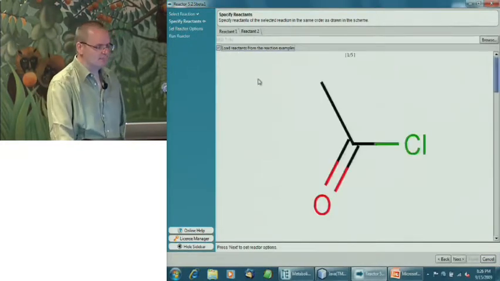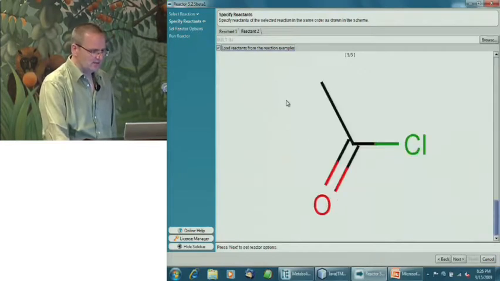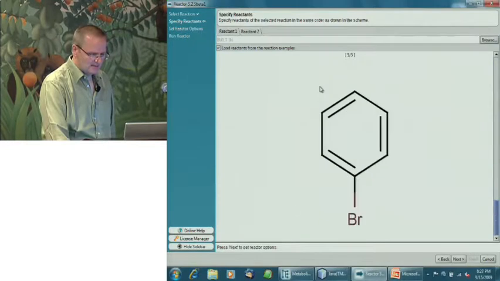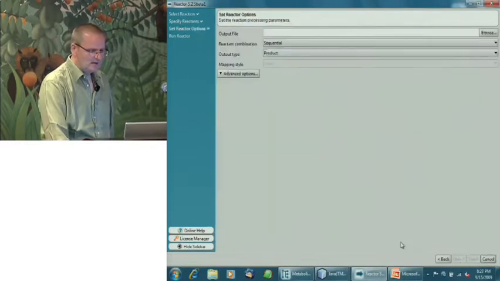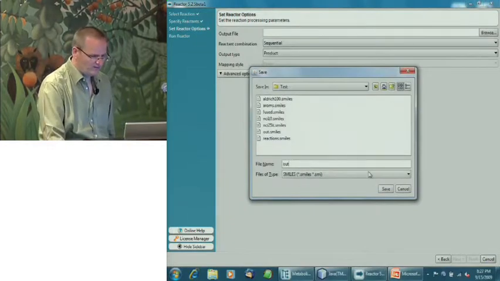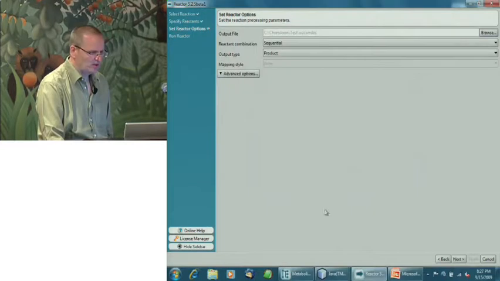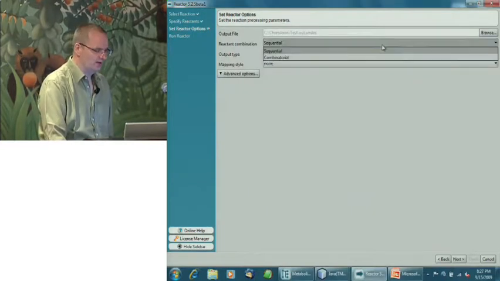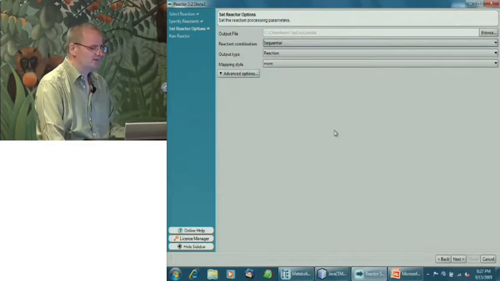I'm just using some built-in examples, some acid halides and some aromatic compounds, and I have to specify an output file. I am overwriting an existing one. We can generate products and reactions sequentially and combinatorially, and we have some advanced options. And if I